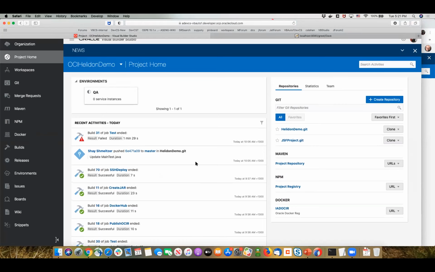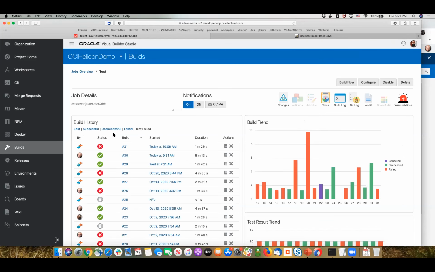Okay, so this is what is really interesting to you guys. For example, over here, I can see that the last thing that happened today is that we had a build job called test that failed. The little red indication over here tells me our tests have failed. This ran today at 10 in the morning. I can go over and look at the test build job, and I can see what exactly happened over here.